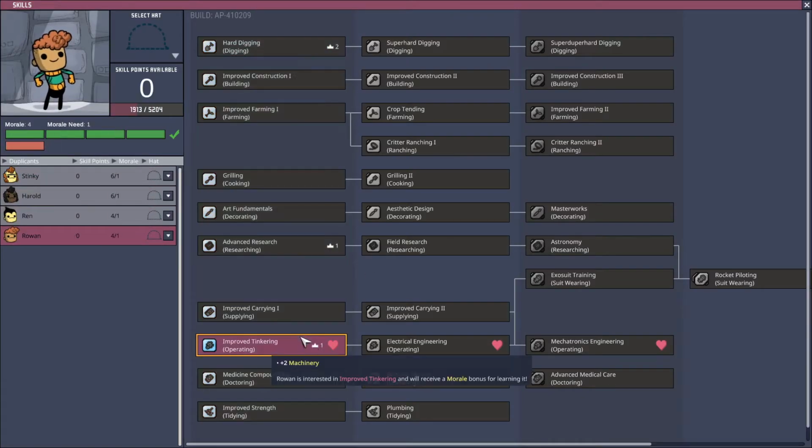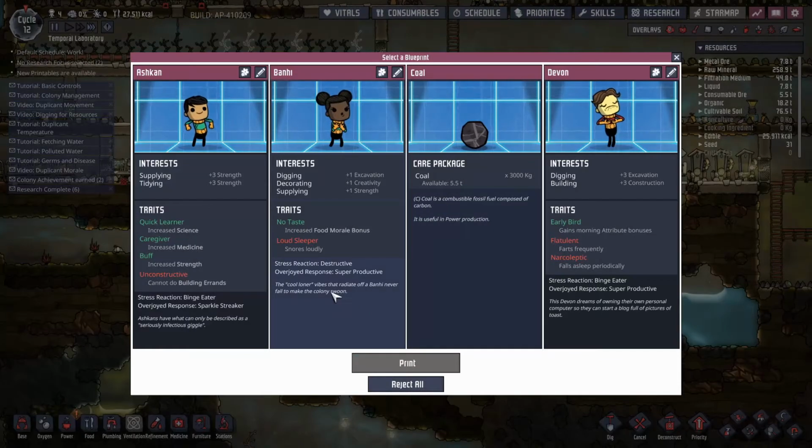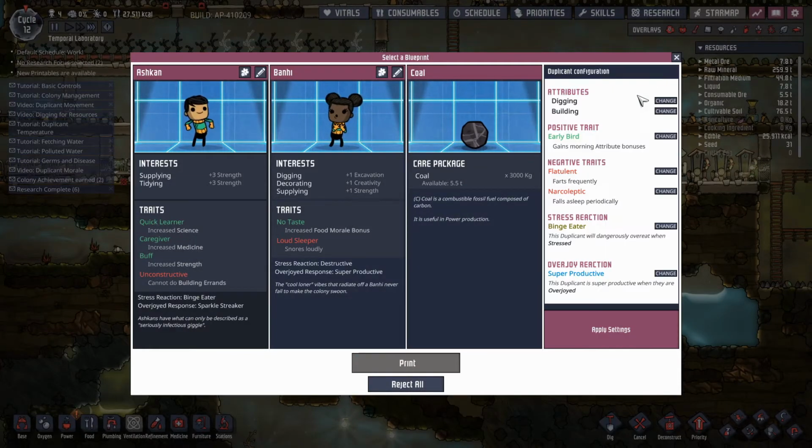Okay, improve tinkerment operating. Ah, no. Actually, okay. Let's make this guy a cooking and farmer. I think that'll be... We want... Hold on. Actually, I think we should go with doctoring. I just passed it, didn't I? Oh, wait, no, there's... Okay. Then... No, we do not want flatulent. Okay, wait. Let's make him pacifist if we can find it. There we go. Okay,